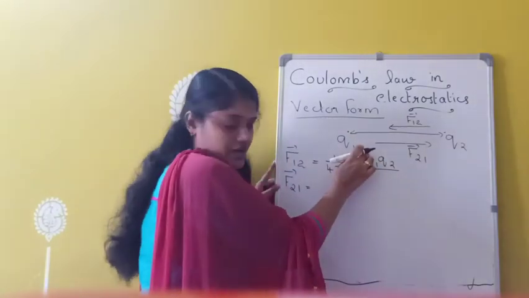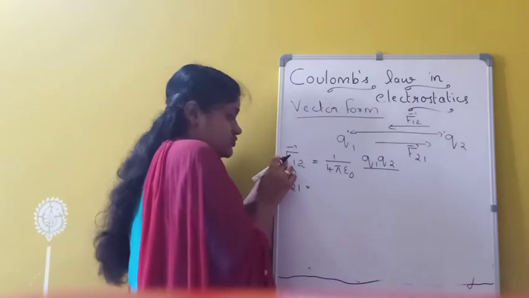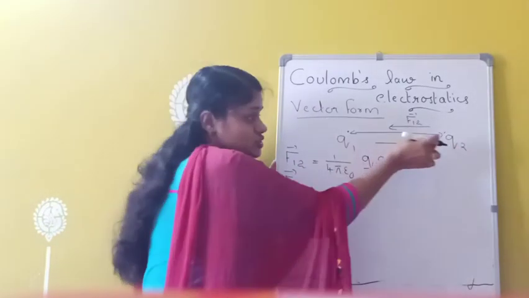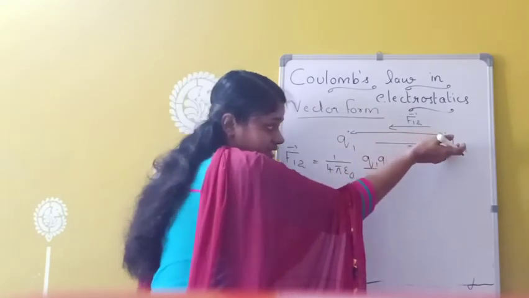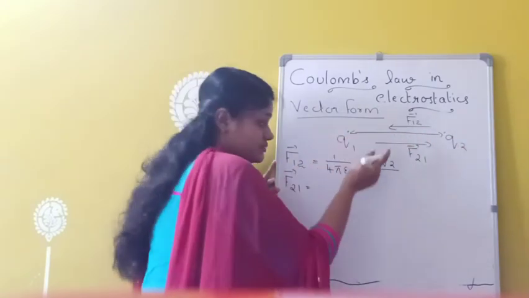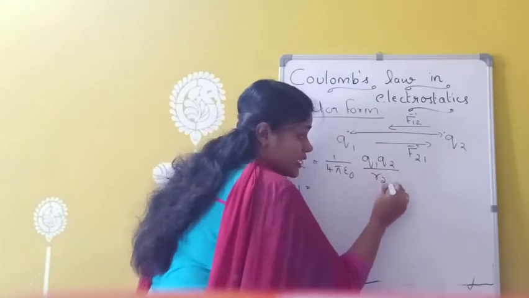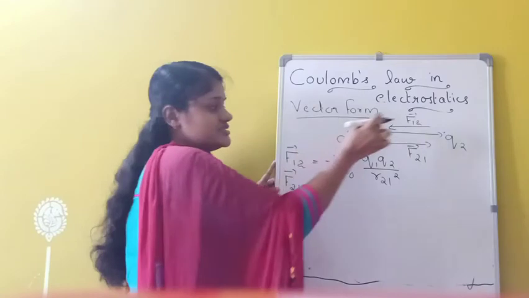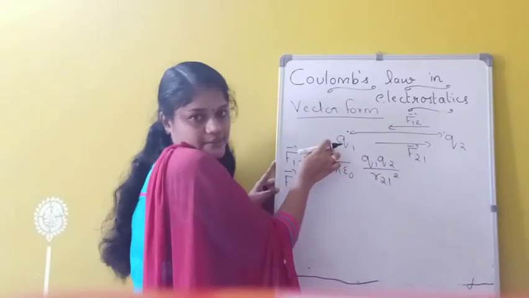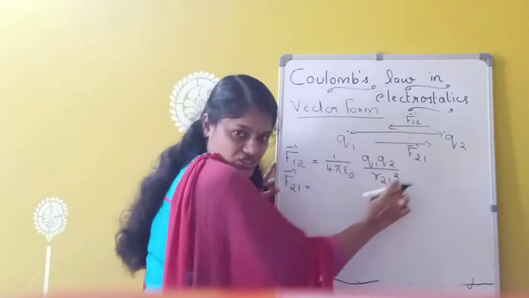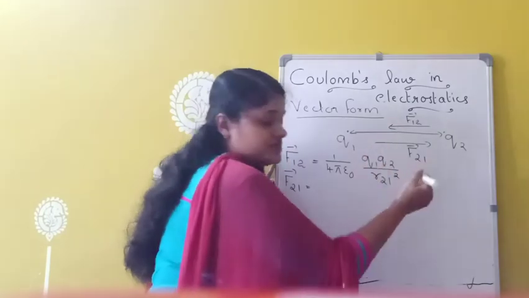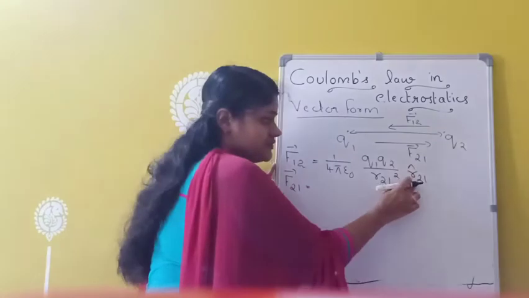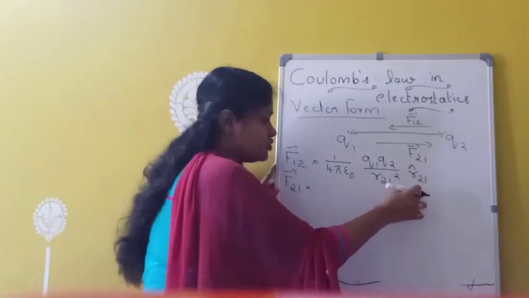We know the distances are, but here the force is exerting on Q1 due to which one? Q2. So Q2 is exerting force. So distance I am taking from Q2 to Q1, so that means I am taking as R21. Distance from charge 2 to charge 1, because this charge Q2 is exerting force here. Okay. Into, since it is in vector form, I have to multiply another unit vector also here. Unit vector R21. And this unit vector indicates the direction of force acting.